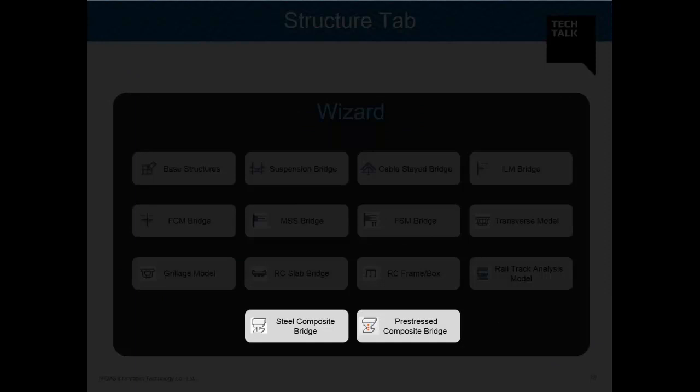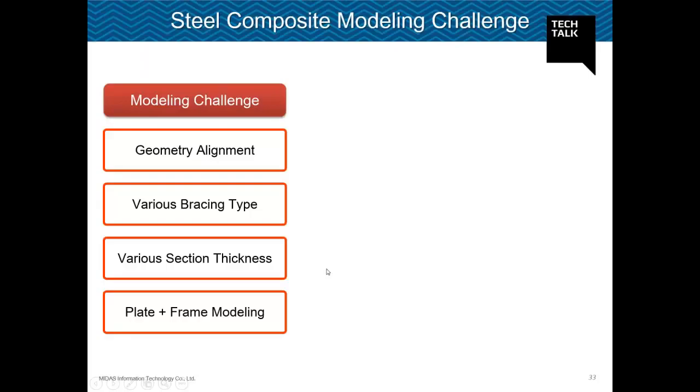What about the composite girder bridges? That's the main topic of our webinar today. Composite girder bridges such as steel composite and precast bridges are popularly used for the entire bridge because of economical and structural benefits. Do we get many chances to design these bridges? And when we do, the bridge modeling has many challenging issues. Let us firstly understand what modeling challenges we will get